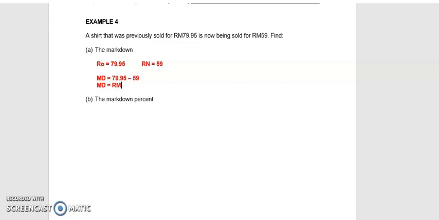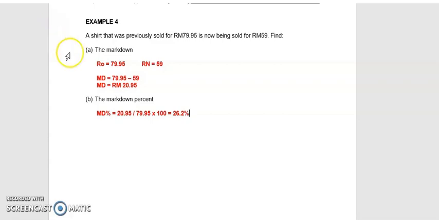So markdown is RM 20.95. Okay, B, markdown percent. So 20 ringgit 95 cent is equivalent to how many percent? We know that markdown percent is equivalent to the amount of markdown, 20 ringgit 95 cent, divided by the original selling price, which is 79 ringgit 95 cent, multiplied by 100. So this one we will get